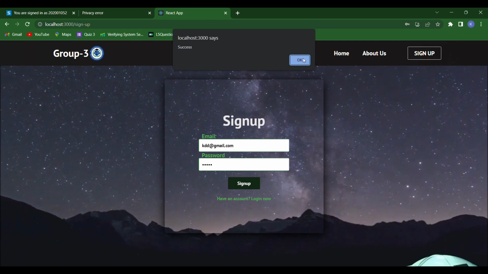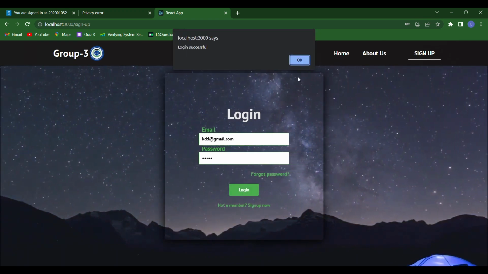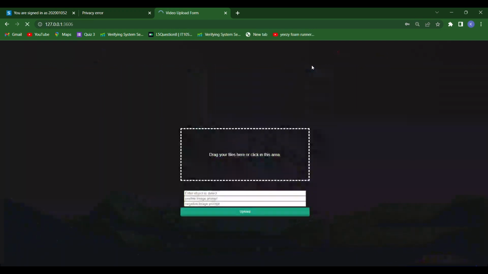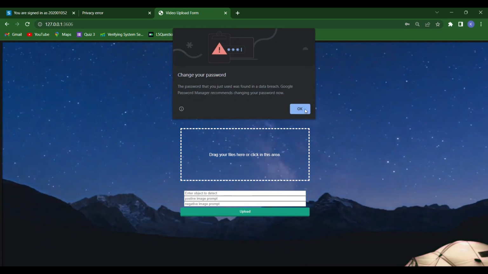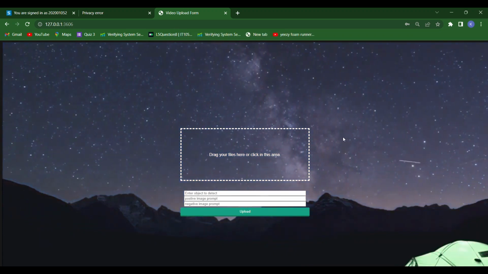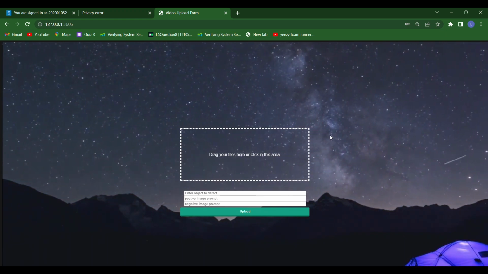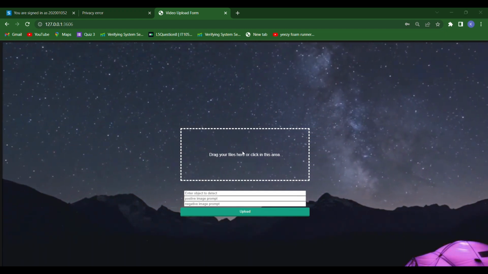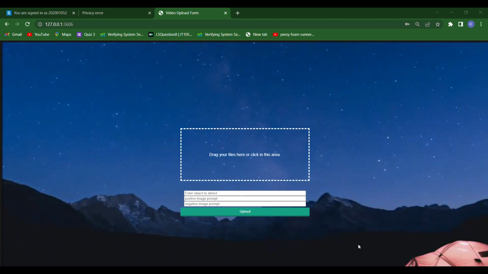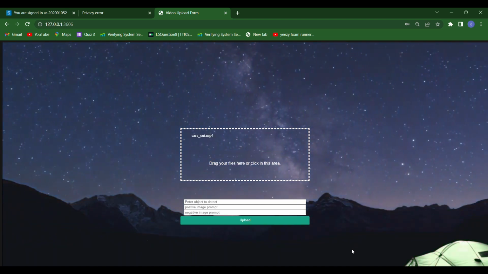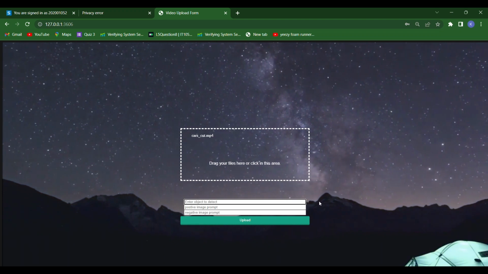Successful sign up, successful login. After successfully logging in, we'll come to the upload page where we will be able to upload the video file in which we want the object to be detected. So here I am selecting this video of cars moving on highway, and here we'll enter the object that we